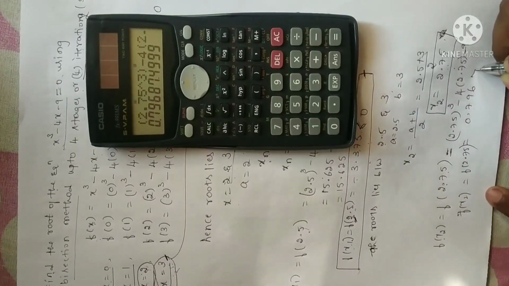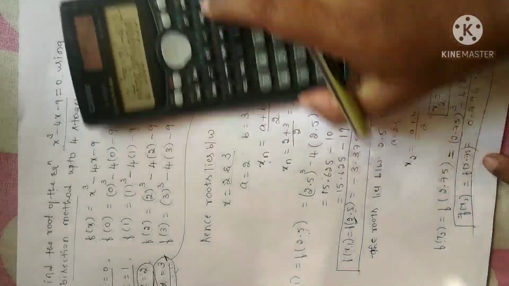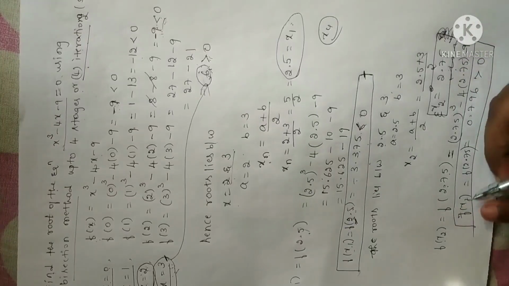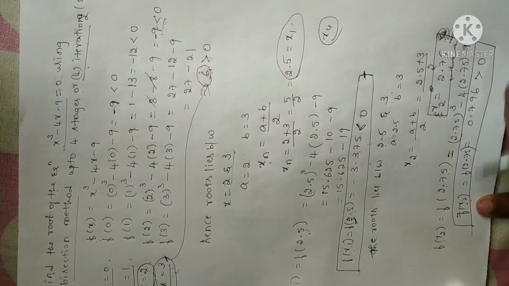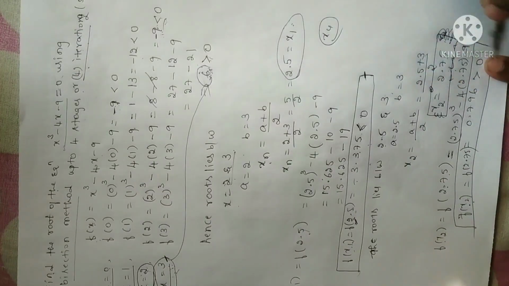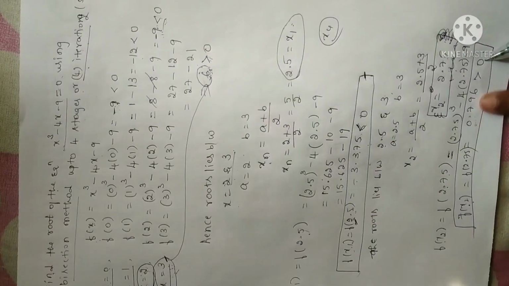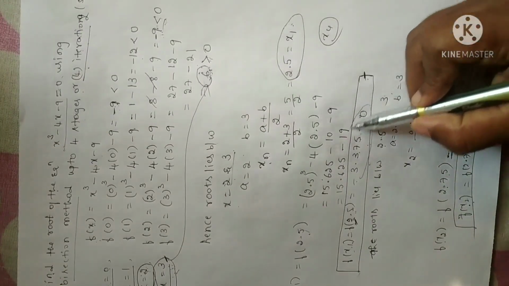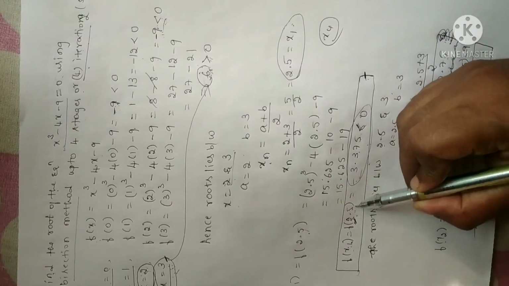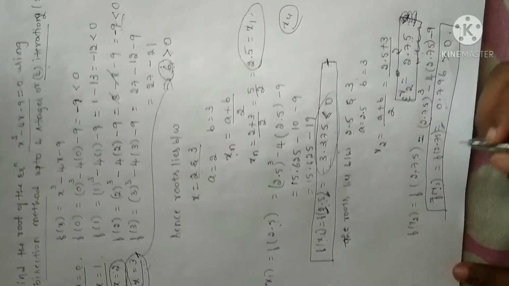Clearly this is the f of x2 value, f of 2.75. So this is greater than 0. I am putting a box for that, so that we don't get confused. We are not interested in the x2 value. We are interested in the f of x2 value. Now f of x2 is positive. Look for the next previous value, the preceding value, for which we have a negative sign for f of x. See here, here you have a negative sign for f of x. It is f of x1. So you can state now.